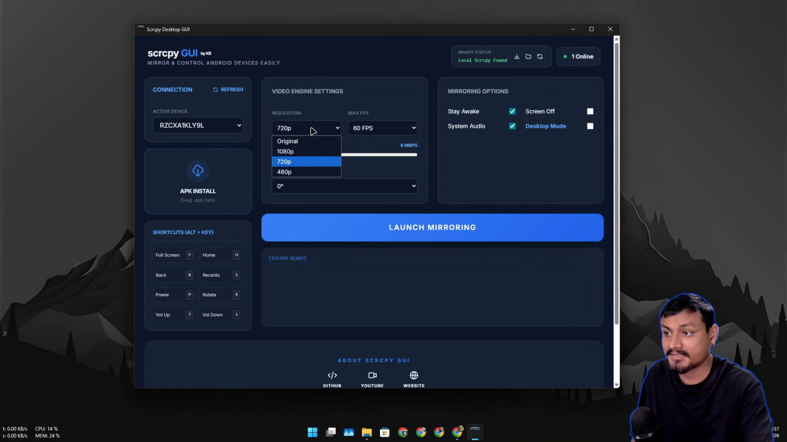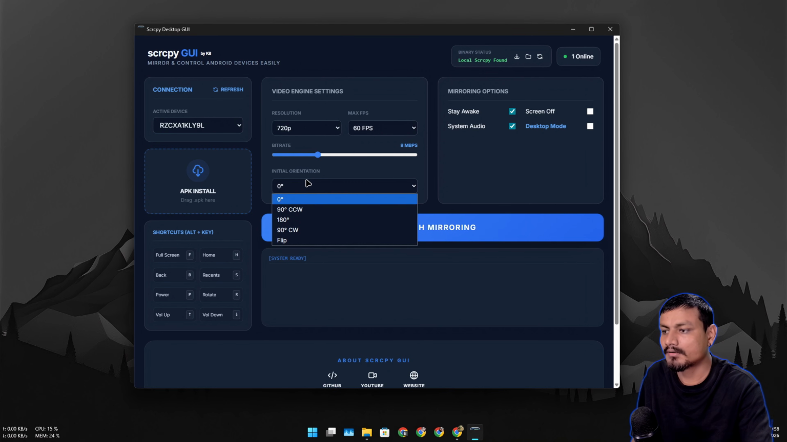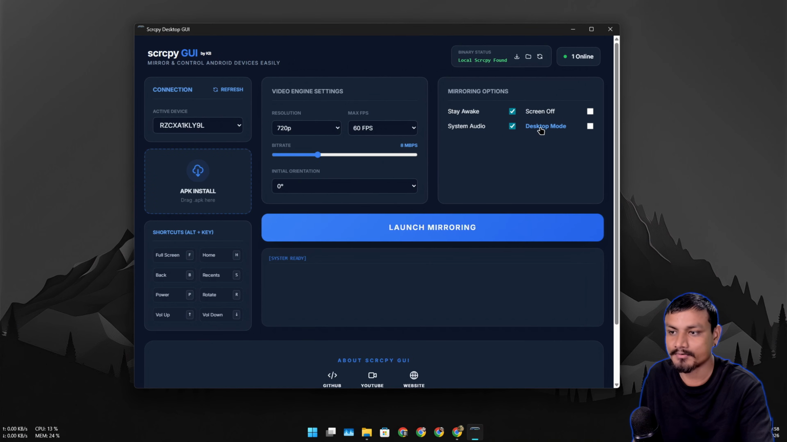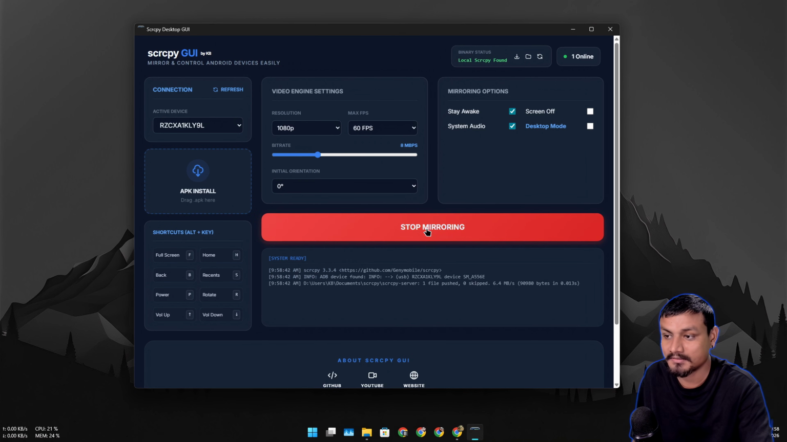Once your phone is connected, you can choose the resolution like 720p, 1080p, or original. And you can also change the FPS, and you can also change the bitrate, and you can also rotate your phone when you mirror. Now here is another cool feature in this, the desktop mode. Using this, you can connect your phone in a desktop mode. So let's say I want to mirror my phone at 1080p, 60 FPS, and just click on launch mirroring,